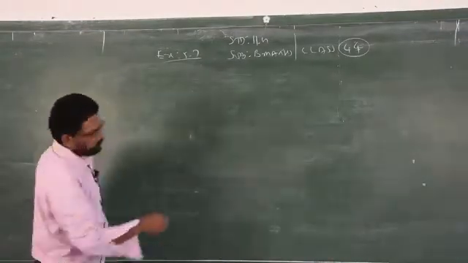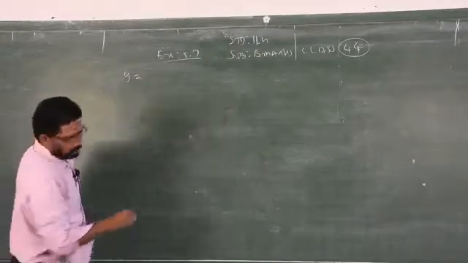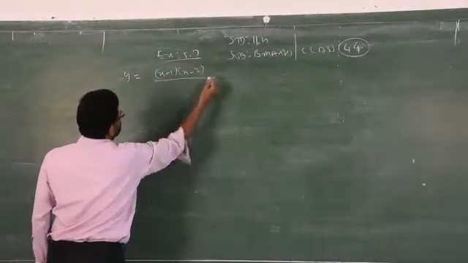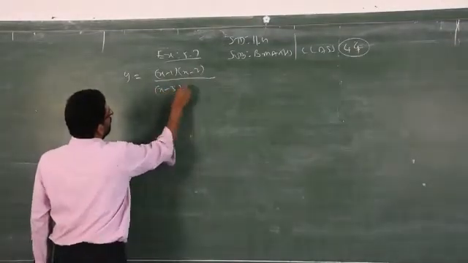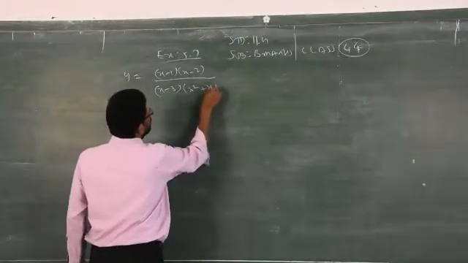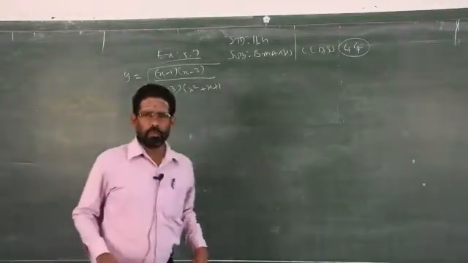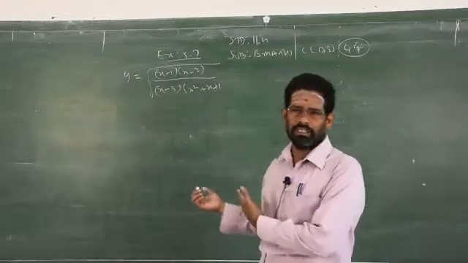What is sum number 4? I straight away take y is equal to square root of (x minus 1)(x minus 2) over (x minus 3) times (x square plus x plus 1) overall square root. So this is a very complicated one. To make this into a simple form, you can use a logarithmic concept.